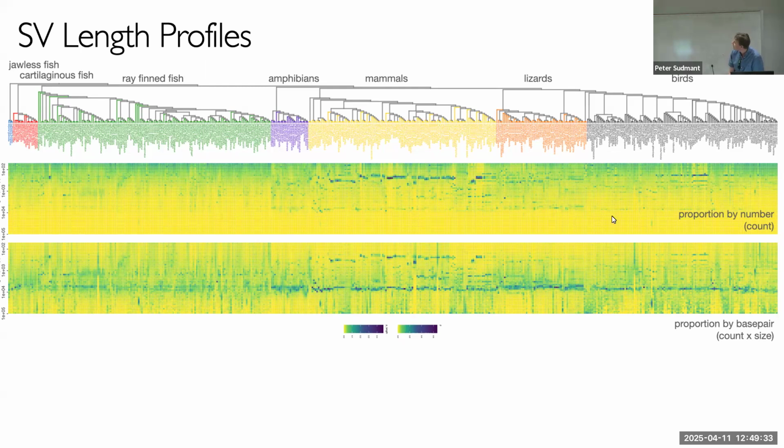Then this bottom plot is the same as the top plot, but weighted by size: you take this plot and multiply it by the y-axis scale, so bigger things give more weight. You can start to see other signatures coming out down here. So this is like a barcode of structural variation across life.